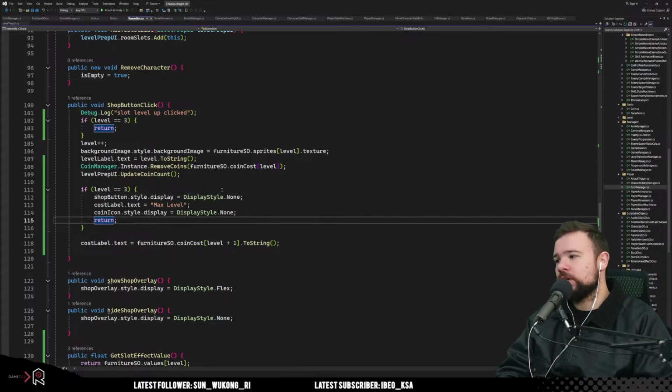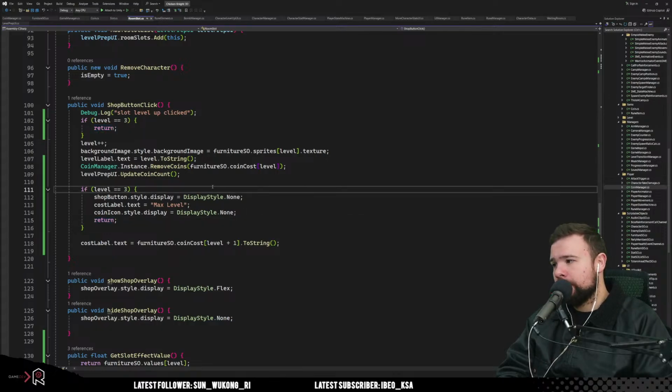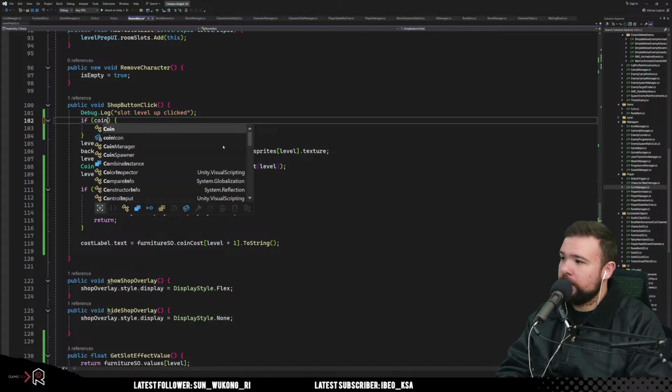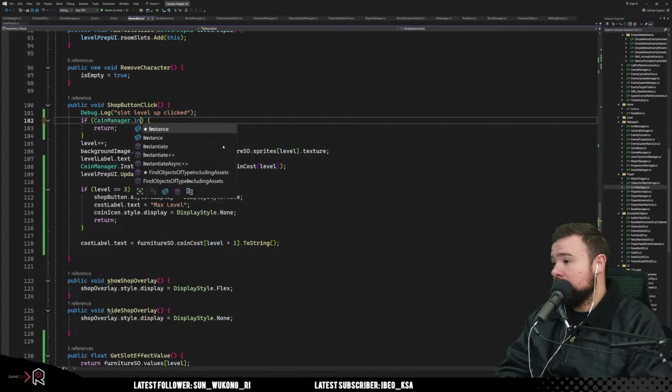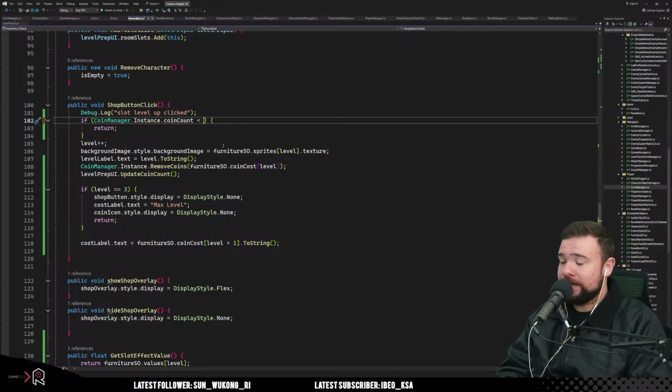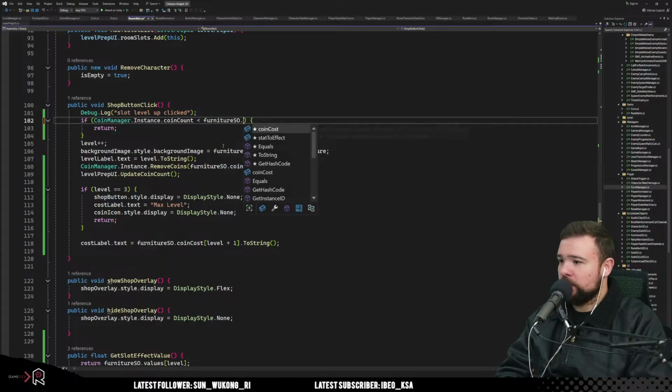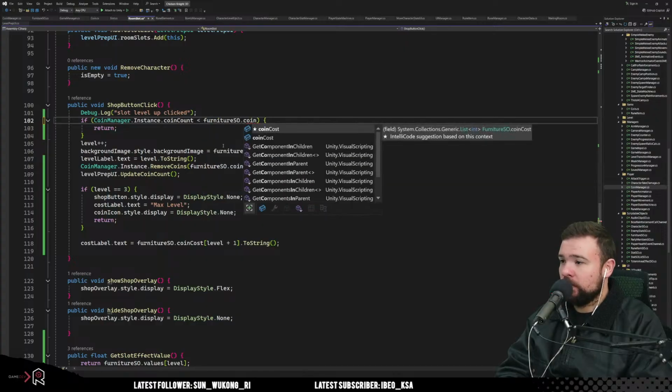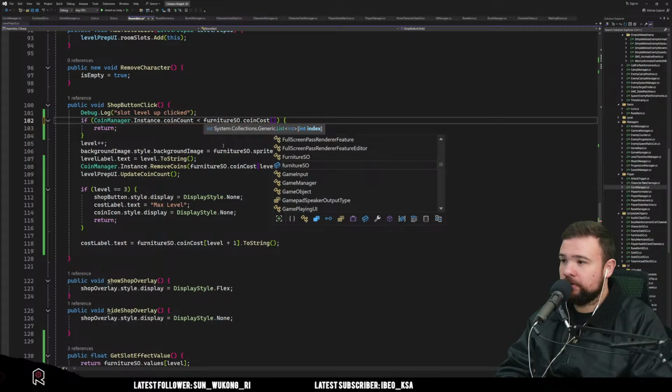Right, so we should compare our current coins. So if our coin manager dot instance dot coin count is less than our furniture SO dot coin cost for our next level,